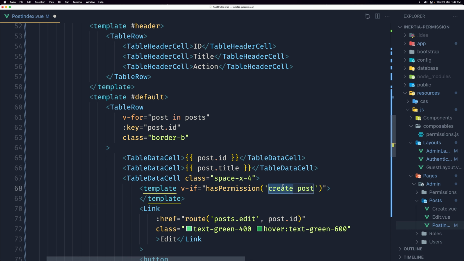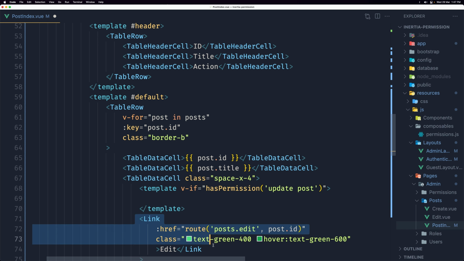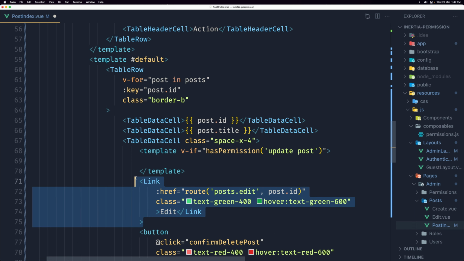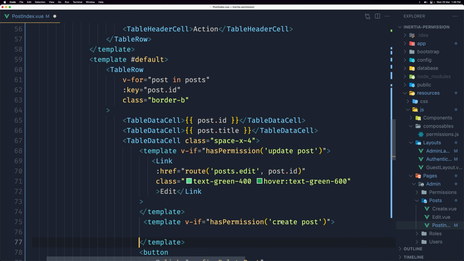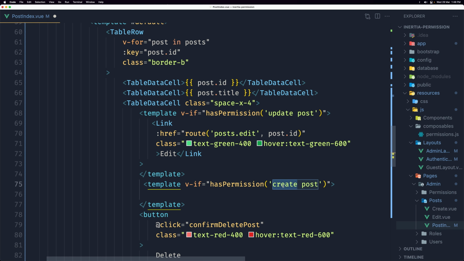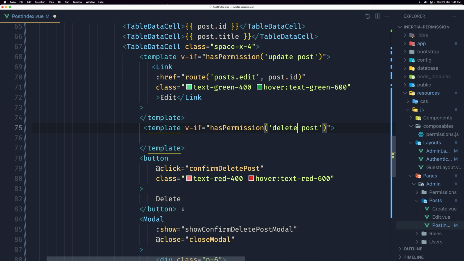I can say update post, and let's move the link inside here. And for this one also the same, not create, but we want, if the user has to delete the post permission, we can add this